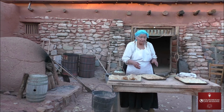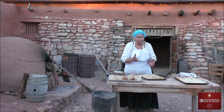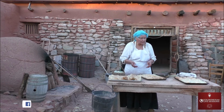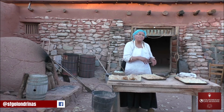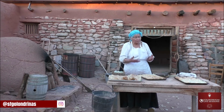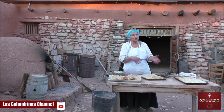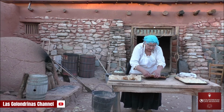So bowls is not a shape that was commonly used in the Native American tradition, but they made it because it was something that the Hispanic and the other people wanted and used. So commercially, they would make those and trade for those. And in terms of containers for